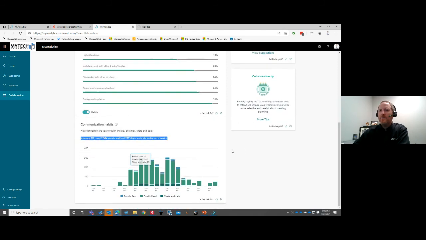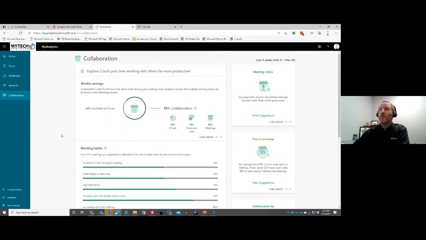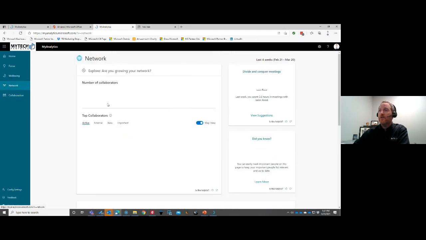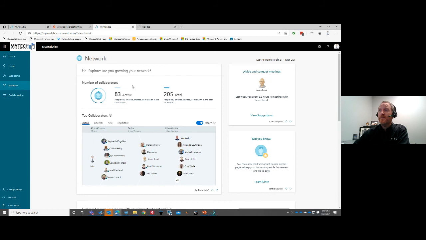I'm assuming that would be one email. It might count the people on emails relative to your collaborators, right? When it talks about your number of collaborators, it probably is adding the multiple people from the list of collaborators. But if you're just sending a distribution email, or it's just one email to a bunch of people, it's probably only counting as one email. It's smart enough to know that, I would imagine. So I don't know definitively, and I don't know how to drill into it, but that would be my guess based on how this is tracked.